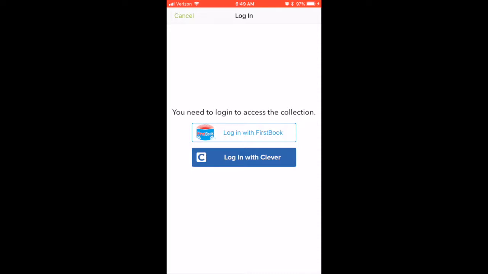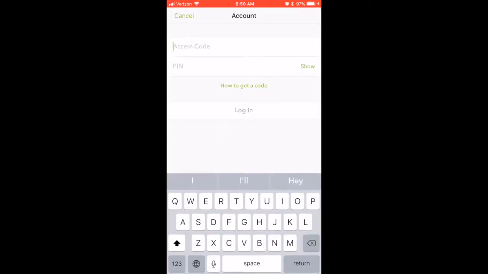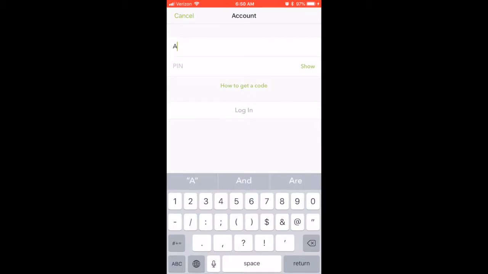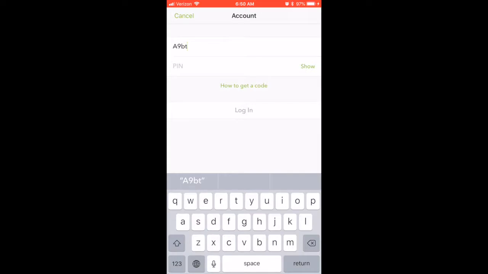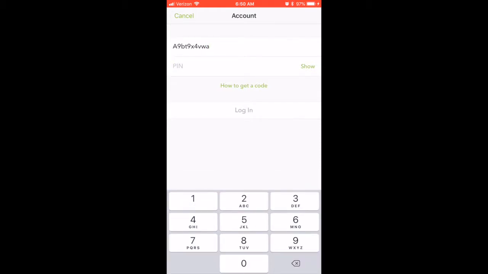So I'm going to go to login with FirstBook, and I'm going to type in the login my teacher gave me. Now, teachers, if you're watching, these are actually the logins I got from the FirstBook folks. The other thing I'm going to note is that it is not case sensitive. What does that mean? Case sensitive means it would need to be capitalized according to the way it was put together, and in fact, it does not. B-W-A, thank you. So I can put it in any set of caps or lowercase, and then I'm going to put in